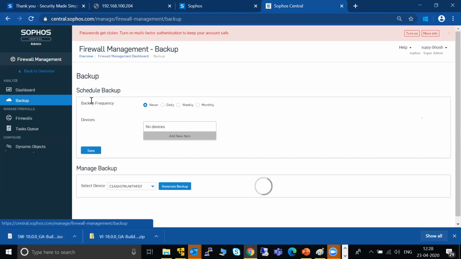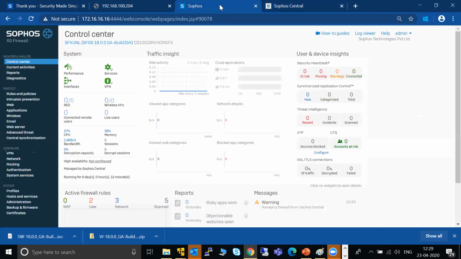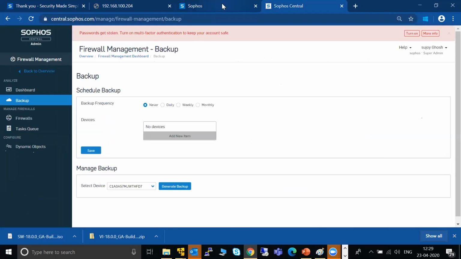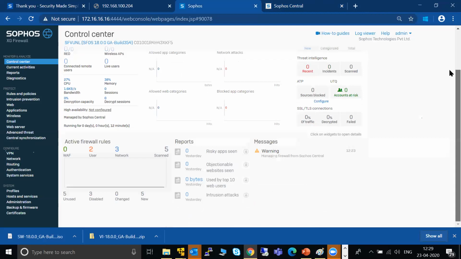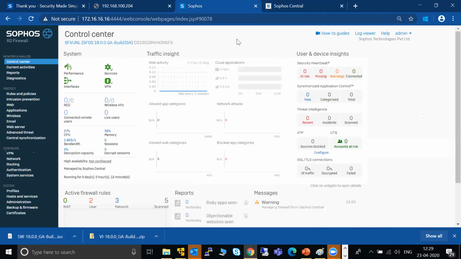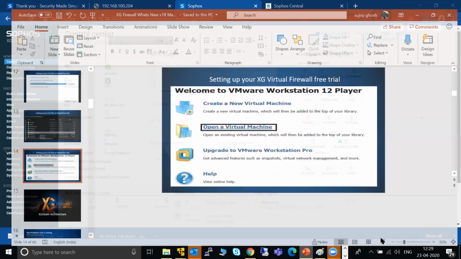Here is the backup tab, where you can take backup. You can see generate backup, and all the devices are listed here. You can take any device and take the backup from here. I need to actually show you how to generate some report, but it is not being utilized, so it is not generating any report right now. So coming back to my presentation slide, there are a few things I need to show you that are not there inside. You can see my slides now.